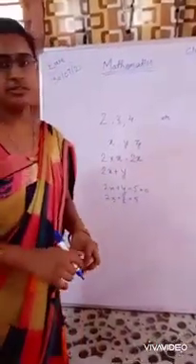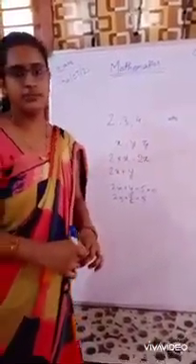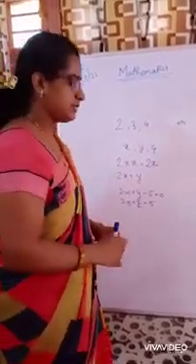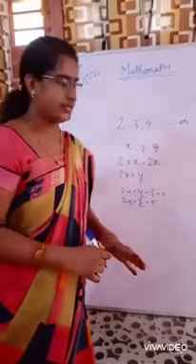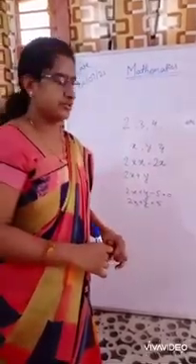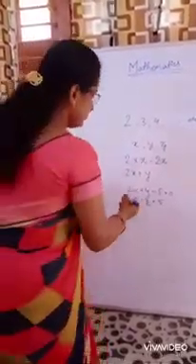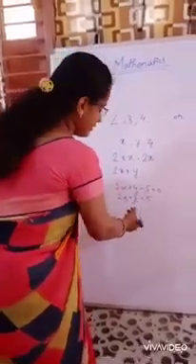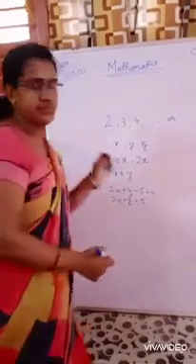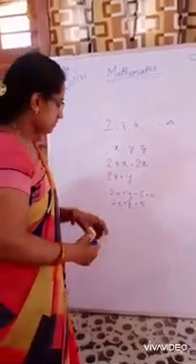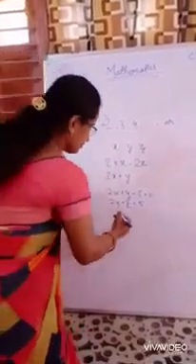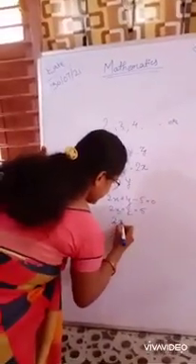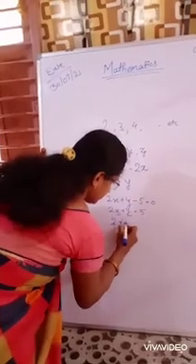So what is a linear equation? Do you know? The linear algebraic expression when connected by the sign of equality is known as a linear equation. For example, 2x plus y equals 5. It is a linear algebraic expression in which the variable is x and its power is 1.